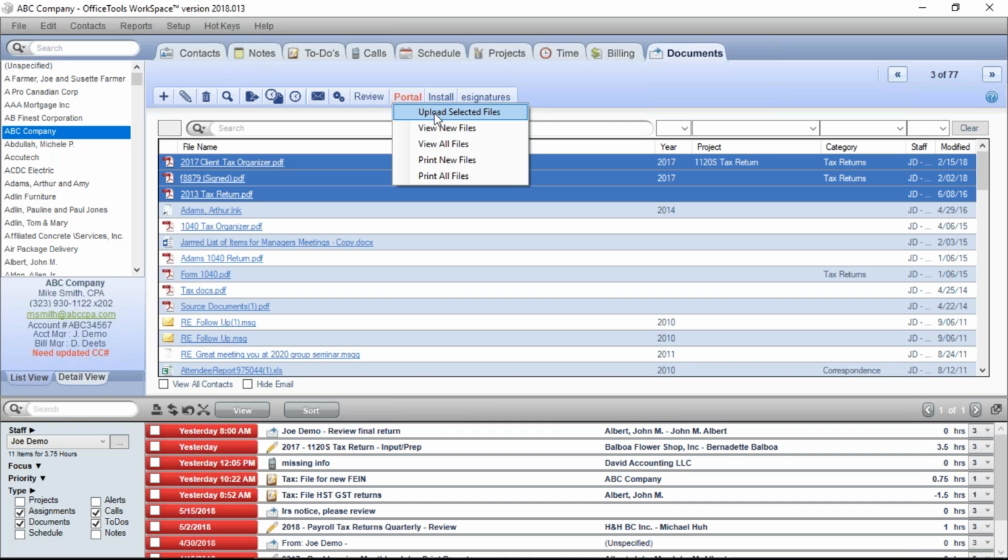So the last kind of areas here that I want to talk about, well, not the last areas, but two kind of questions that are similar enough that I'm going to combine them into one, is going to be about reviewing your workflow, especially post-tax season. And I'm going to roll into that something that comes up pretty often with projects and assignments and that kind of stuff, but also the billing component of reviewing your workflow. And this is overlooked, so I want to bring it up and go into a little bit more detail.